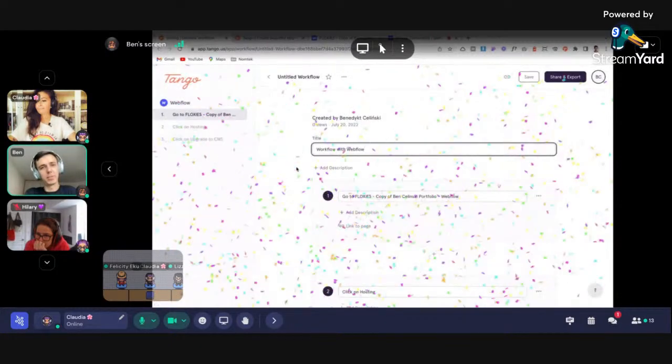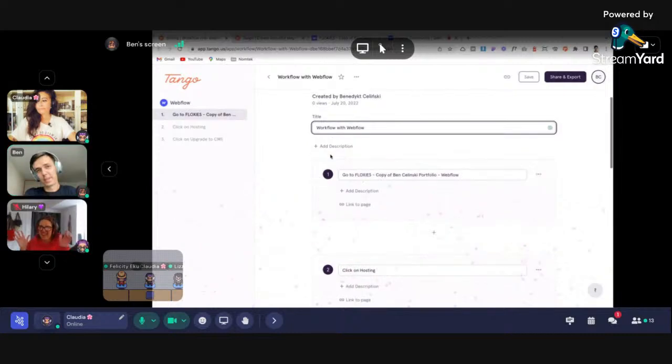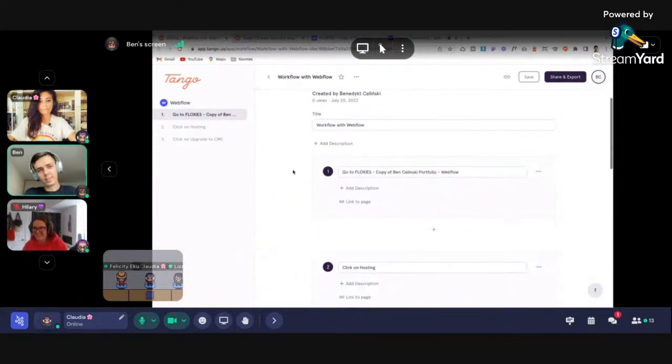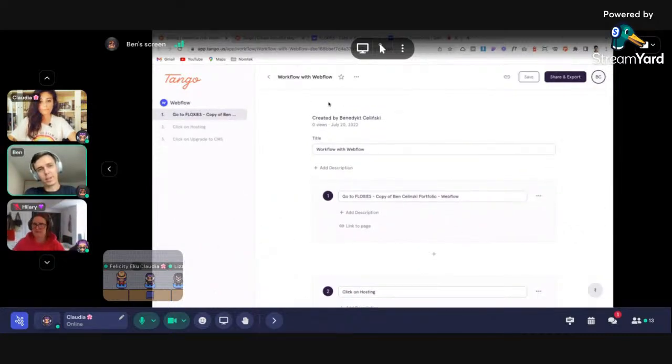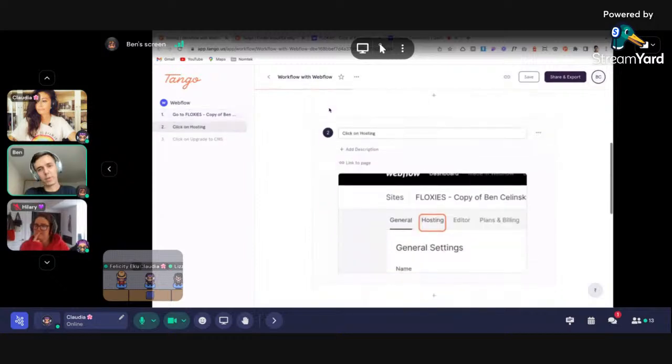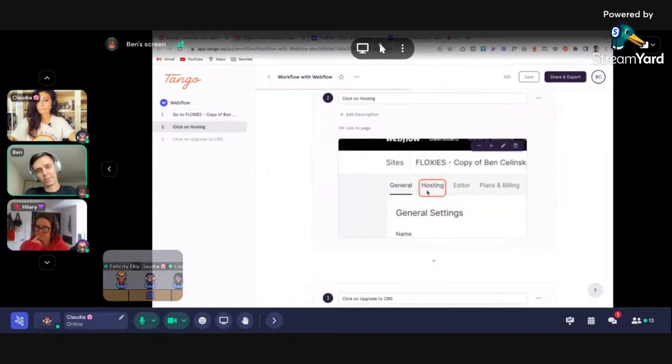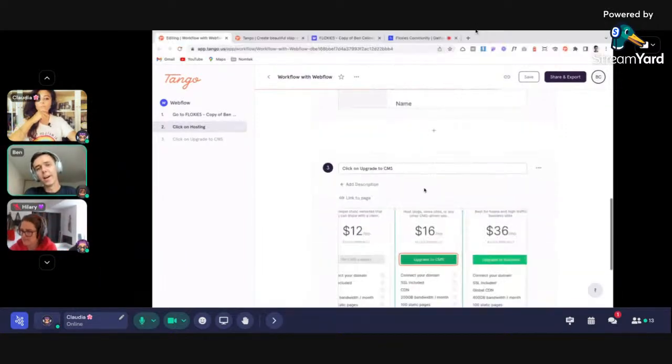And then the magic happens. What it did is generate a step-by-step walkthrough with zoomed and highlighted click areas showing what your client needs to click on.